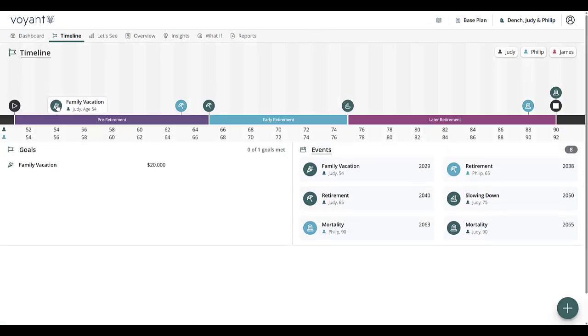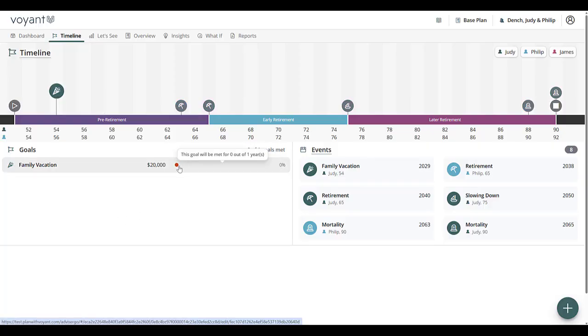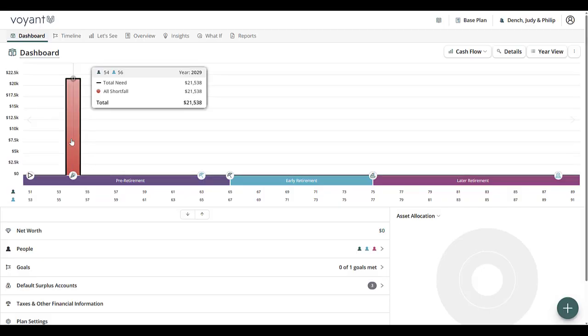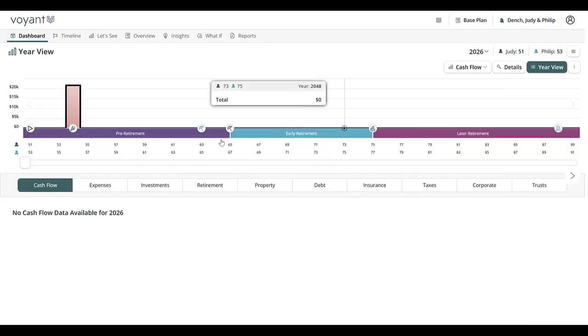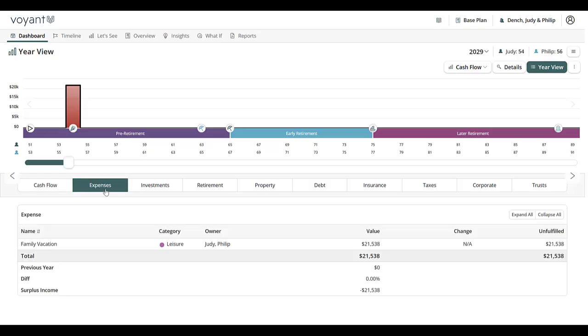So we can now see it on the timeline as the family vacation. We don't have any money in the plan yet, so it's going to show as 0% met. That's to be expected. And if I go over to the dashboard, you can now see a big spike in the plan where we have that expense. That expense has inflated up to a value of $21,538. And then if we go into year view, scroll over to that year and click on the expenses tab,